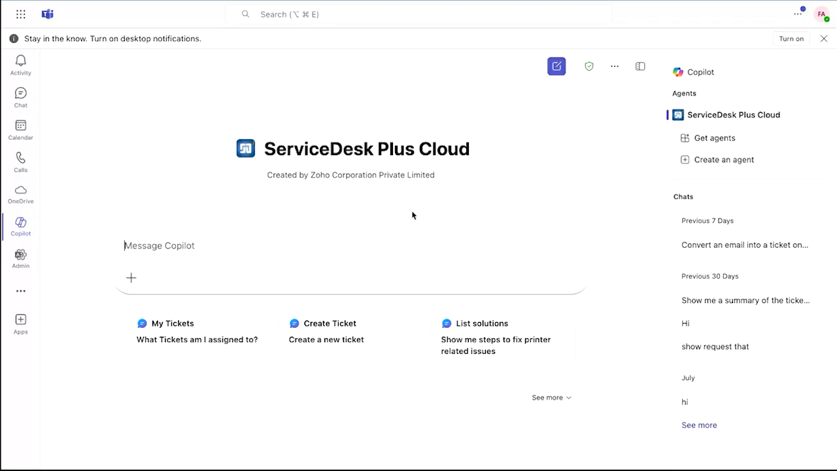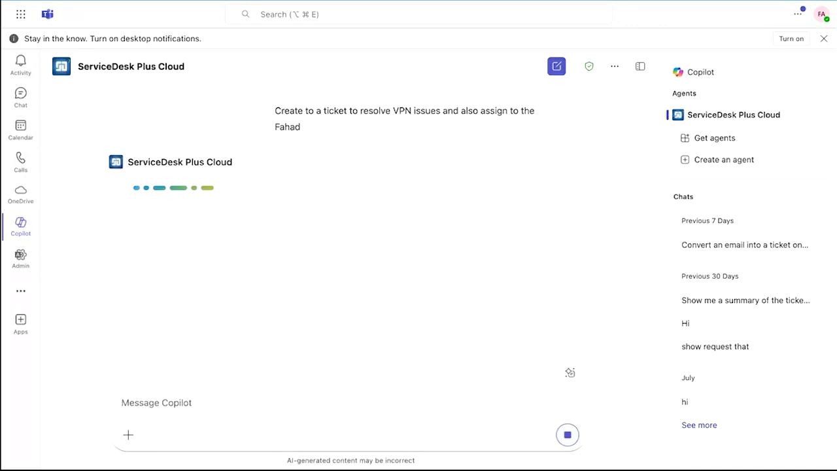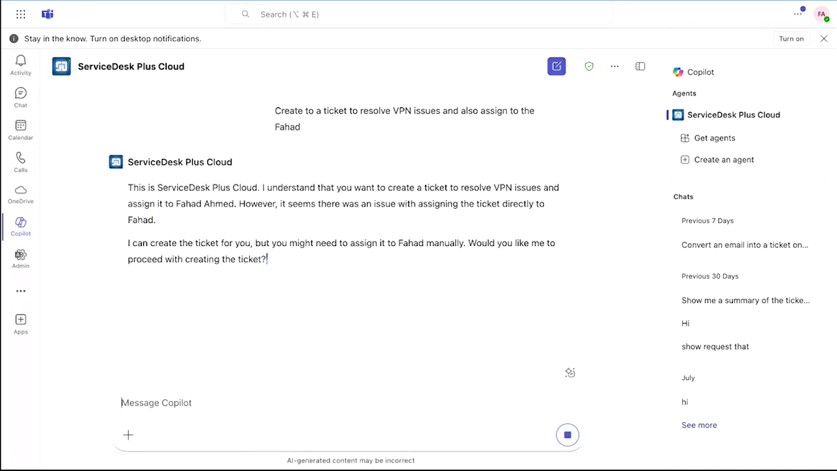Now, let's consider the VPN issue scenario again. Users are facing VPN issues, and with simple natural language prompts, I'm going to leverage the Gen AI capabilities of Copilot to perform different ticketing actions. So first, I'm going to ask Copilot to create a ticket to resolve VPN issues and also assign it to the required technician. All right, once I have provided the prompt,